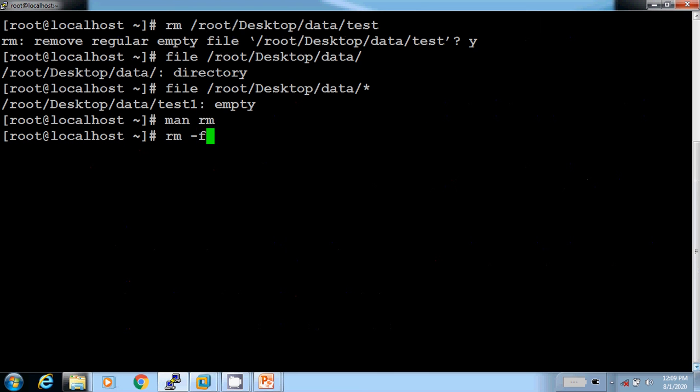I am using the -f attribute. I want to delete the file test1. With the help of the -f attribute, it will not ask to remove the file.